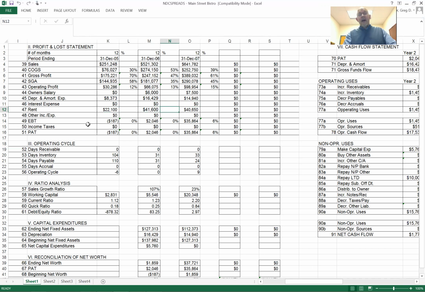Rent will create a lot of questions. In other words, are they renting from a landlord? Do they have an LLC that owns a building that they're leasing from? And in this case, that's what they were doing. As